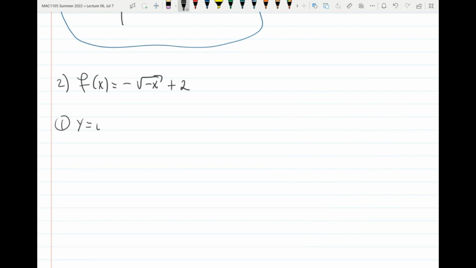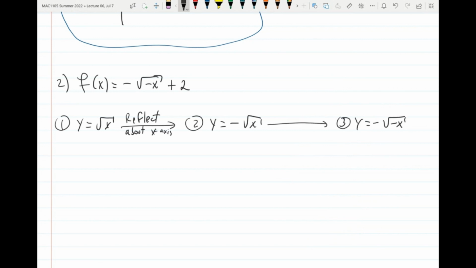First, we have our square root function. Then we're gonna do, let's say, this one. So what is this? Reflection across the x. So reflect about the x-axis. Then let's say we do this one. What is this? Reflection plus y. So then we reflect